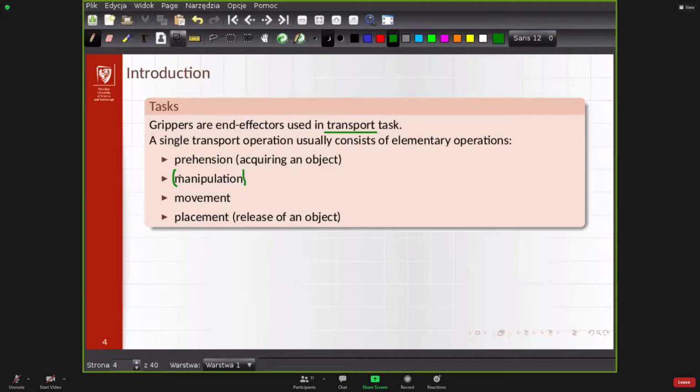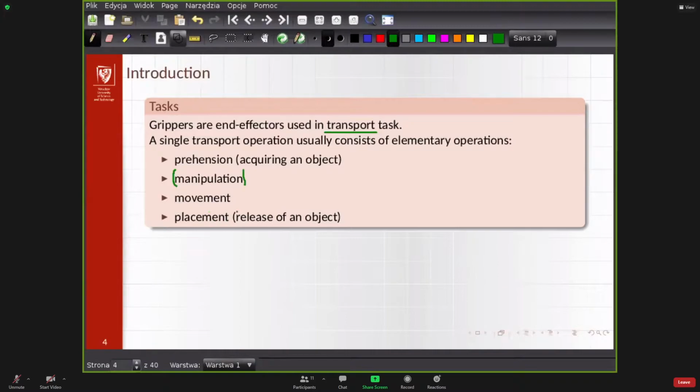So manipulation is changing either position or orientation of the object that is already in contact. We can rotate it, we can move it to grasp it better, to have a better contact for all the transport tasks. Then we have the movement,